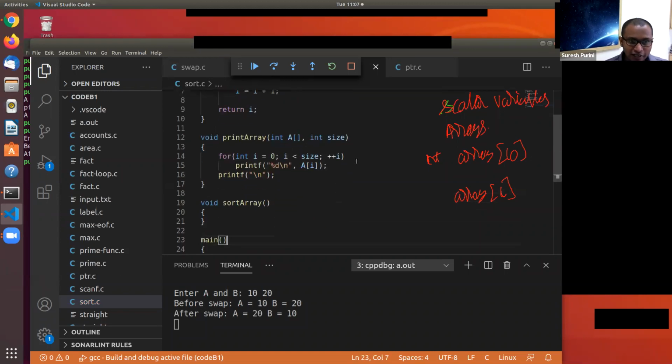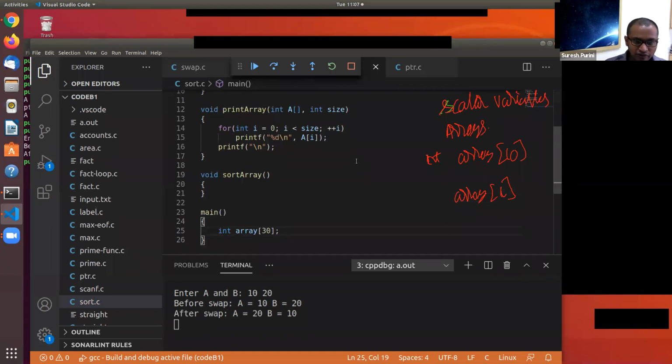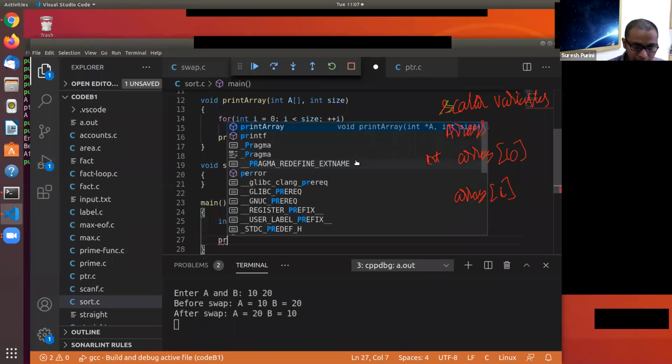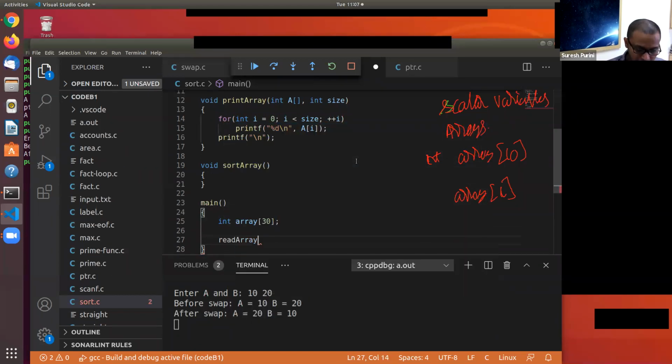So now let's look at this code and see. We have to read array, and size.